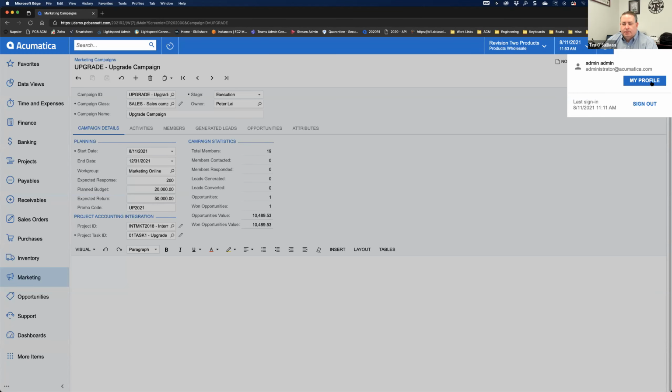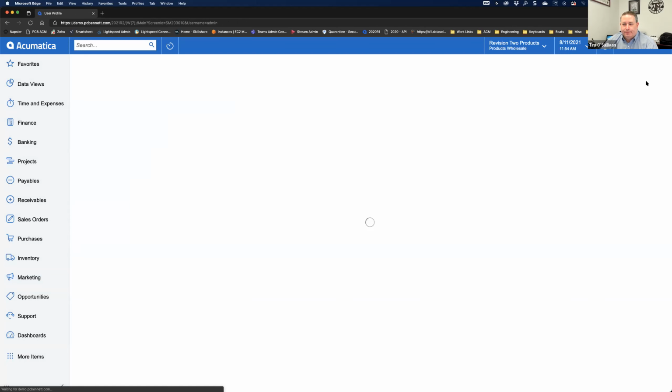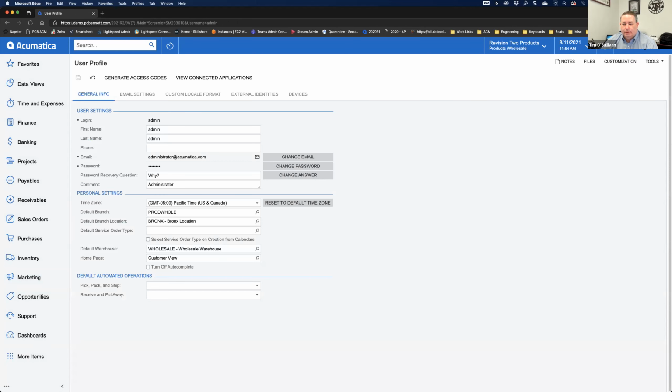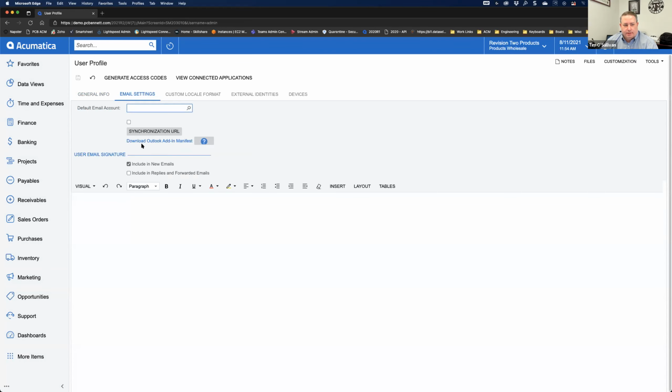I will just say, quickly, back on how to set the integration up to Outlook. It's pretty easy in the sense that if you go to your user profile and go to email settings, there's going to be a download Outlook add-in manifest. So you'll want to download this file to your local system. And then if you're in